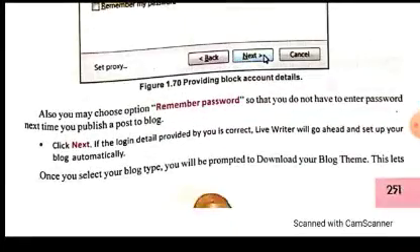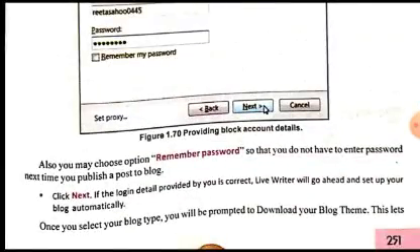If you are using your own personal system and you want to remember the password, so you don't have to type it again and again, then you can check this feature, remember password. But if you are not very sure about your machine, if you think your data is unsecure and can be accessed by somebody else, then you should never check this option. Otherwise your password will be saved and anybody can access it, and gain access to your blog in an unauthorized manner.